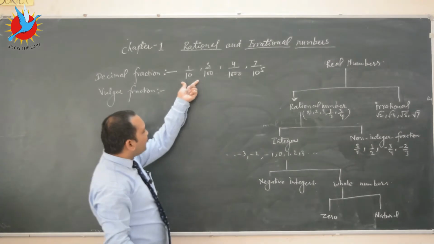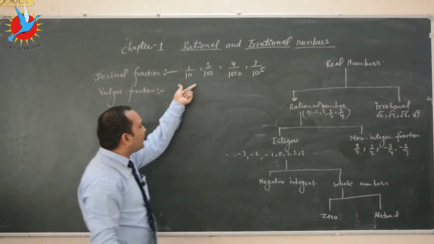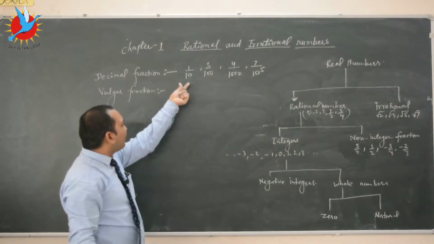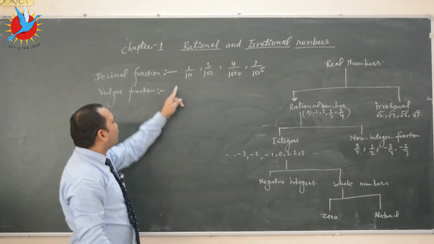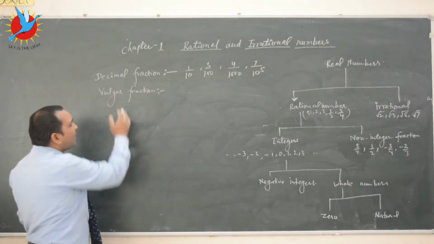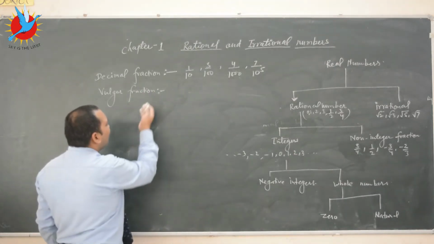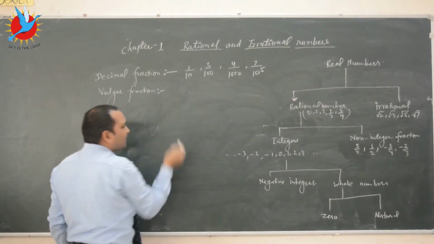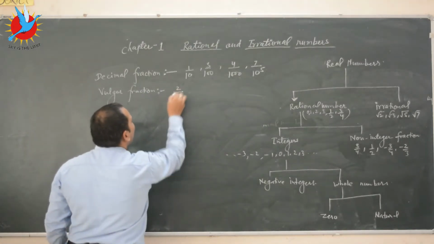When the denominator of the fraction is 10 or a power of 10, that is called a decimal fraction. And a vulgar fraction is a fraction whose denominator is